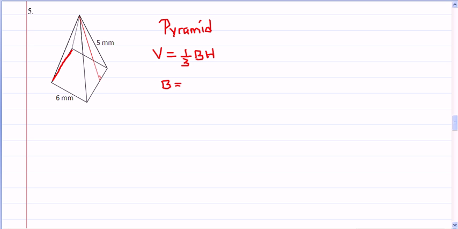And the floor is this square where all of the sides are equal to 6. And to find the area of a square, it's side times side, which is 6 times 6. So B is 36. Now to find the height is the segment from the vertex, this point on top, straight down to the center. So this measure is not given, but when I extend it,